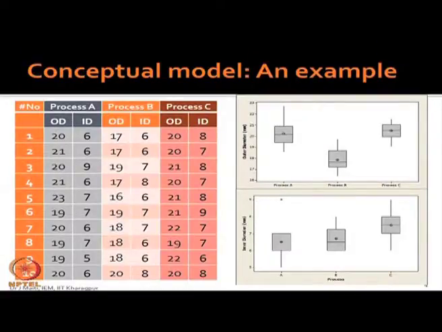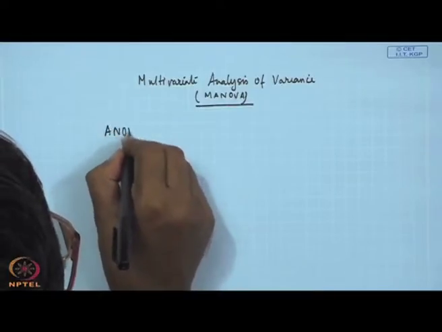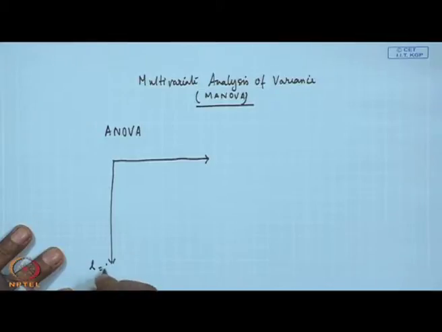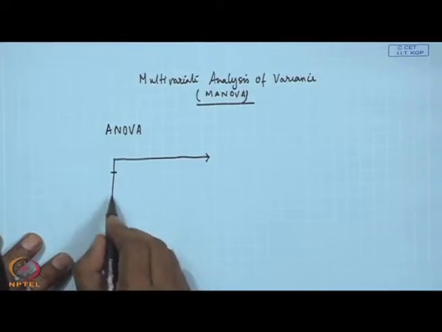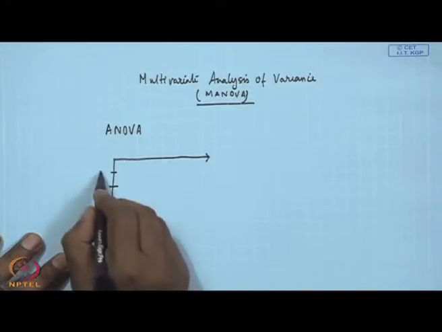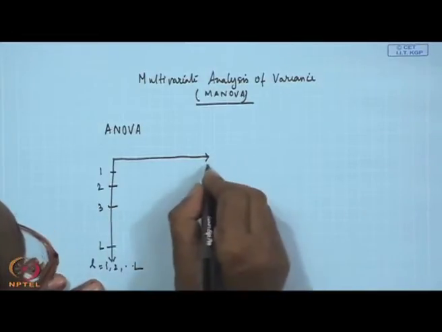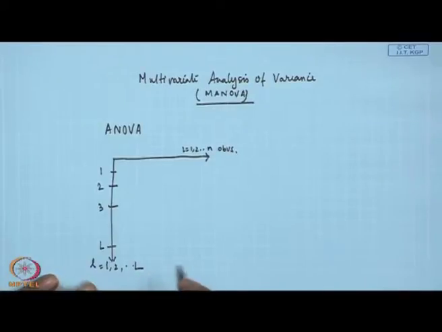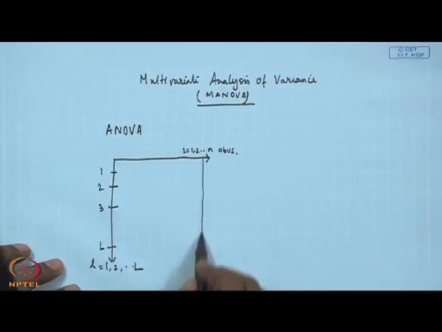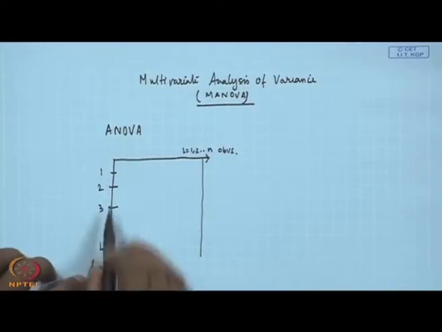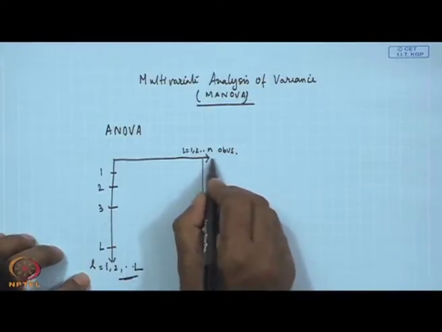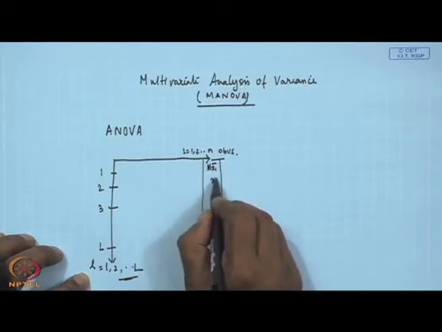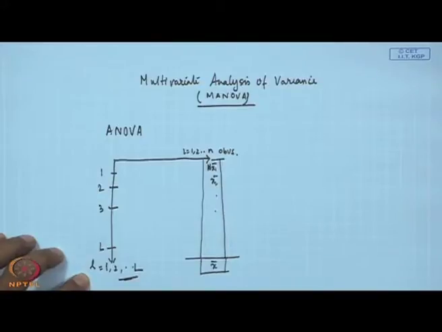So, essentially, when we go for ANOVA, you have L number of populations, L can be 1 to capital L, that is 1, 2, 3 like this, and you will collect i equal to 1 to n number of observations, and you are interested to see the difference in population means, where the population is determined by L, 1 to L. Everywhere you will find the mean value, mean 1, we can say x1 bar, x2 bar like this, then finally x bar, that is what we saw last class.